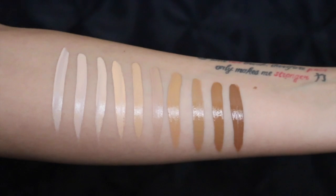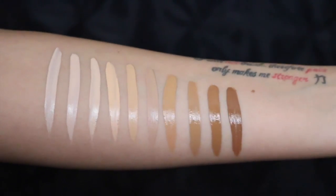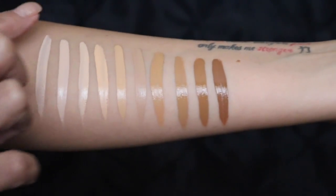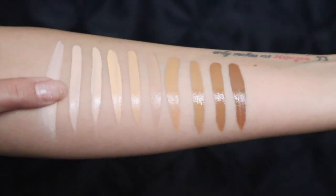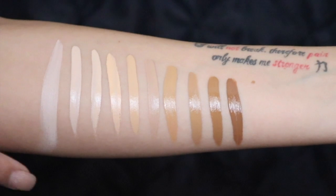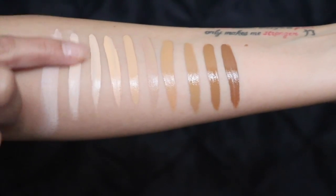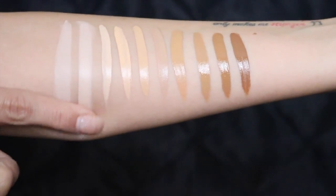As you guys can see, when that light hits it, when I move it around, they just look so glowy and radiant, and look how smooth those swatches are because they're just that creamy. Now I'm just going to take it and blend it so you guys can see. Look how smooth that goes with no streak or skidding. And let me go over this one. I mean, they've been sitting on my hand for a minute, so they're drying out, but look how smooth